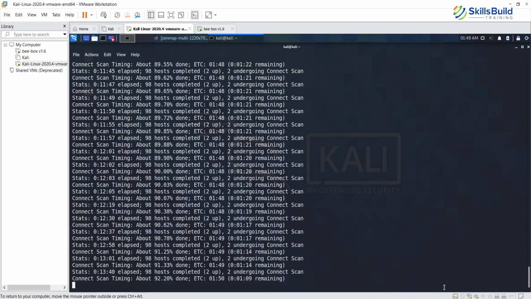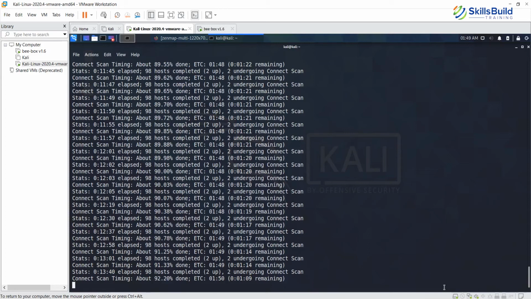So if you're handling only a small network of 50 computers and it's a single subnet, then it's a different ball game altogether. But if it is an enterprise network where you have maybe several subnets, then there are different ranges of IP addresses and you have to scan all of them, then trust me, it's going to be an entire day's job. So you'll have to sit down and start executing these commands and find out what's there and what's not, which system is live, which is not. So that will take a long time.